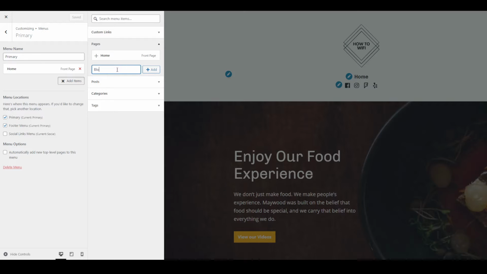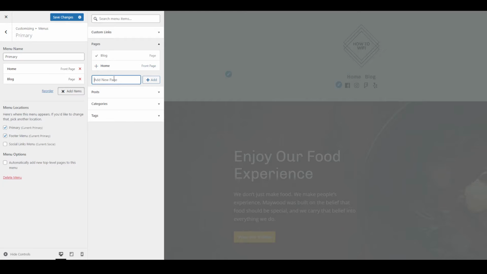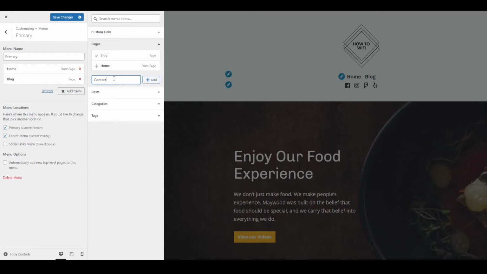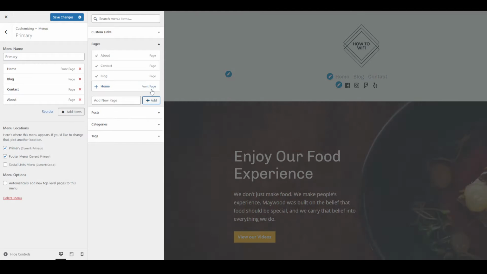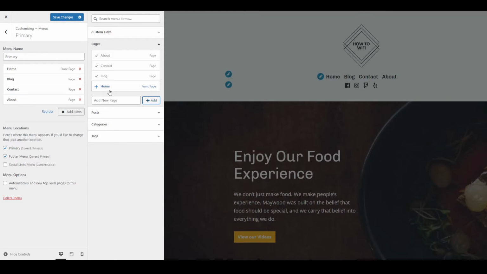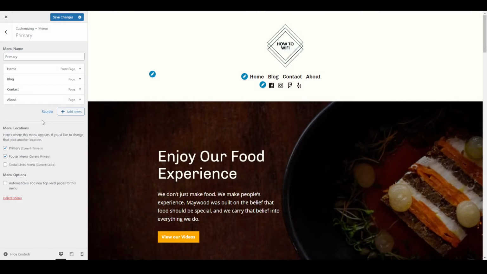Let's add a blog page, a contact page, and an about page. So as you can see, the pages are added right here. Click to save changes